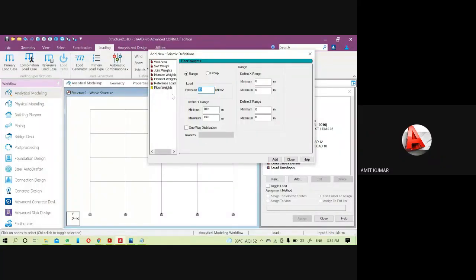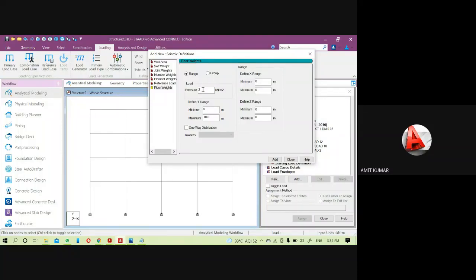As you can see, the floor load value is 4 kilonewton, and half of that 4 will be 2. That's why I will put it, and it will be from 0 to 10.6. Then click on Add. Here we will not put half of the roof load, which was 1.5 kilonewton.